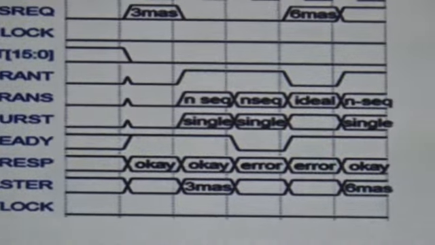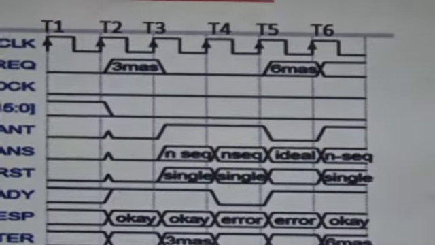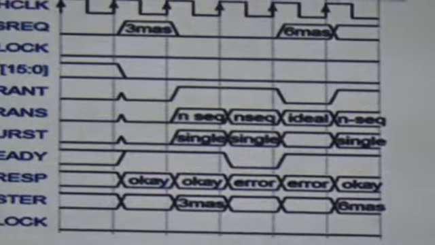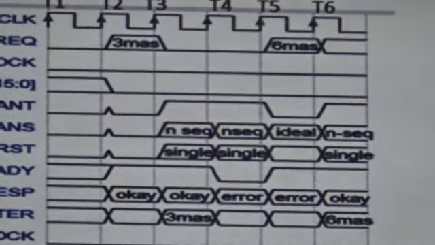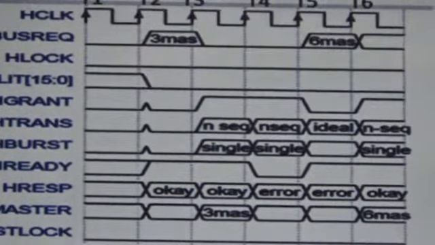The one thing here is the third master, which responded with error, is again not allocated to that slave, since it doesn't get any feedback from the slave to provide access to that master. So it must wait till all the masters that have been accessing the arbiter complete. Once that completes, only then does it get access to that particular slave.